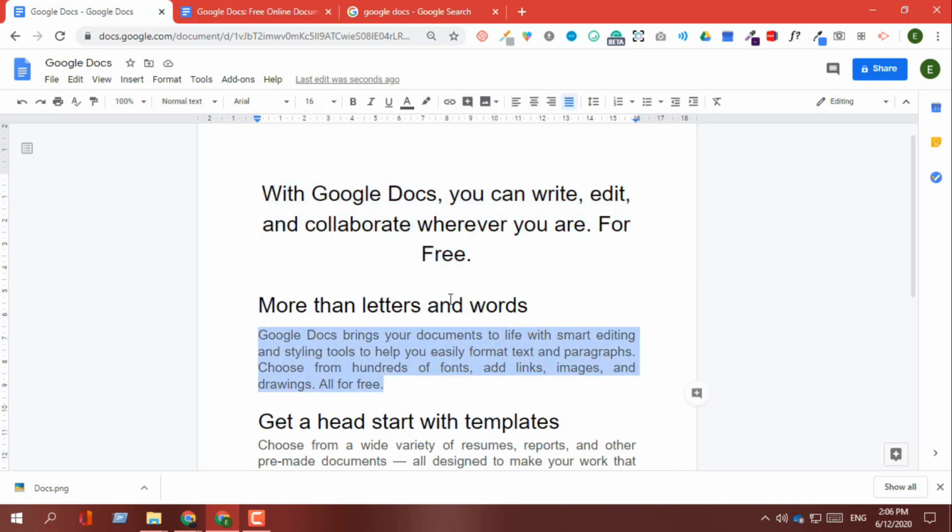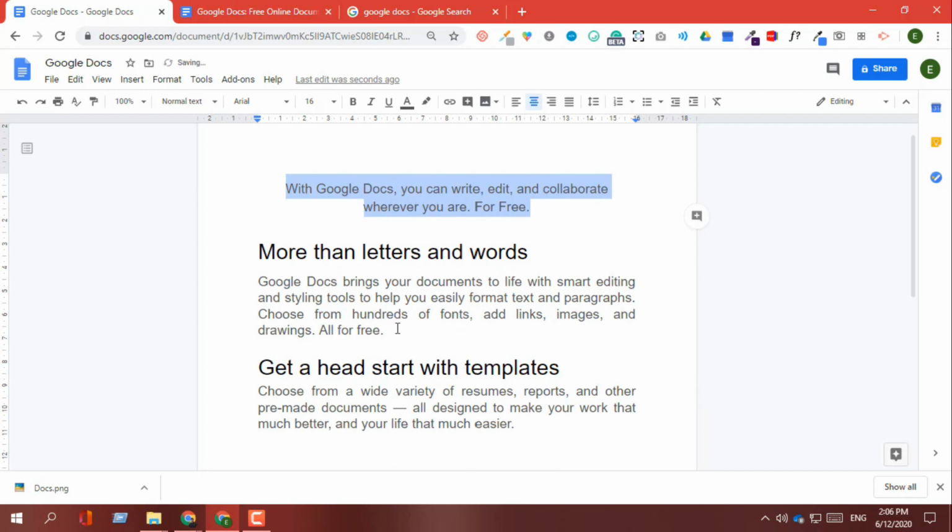So this one is for copying formatting from any text and applying it to another section of the text. So if I change this particular sentence to like this, just select this one, paint, and if I select this one, it will be changed like this one. So this is how the paint format works.